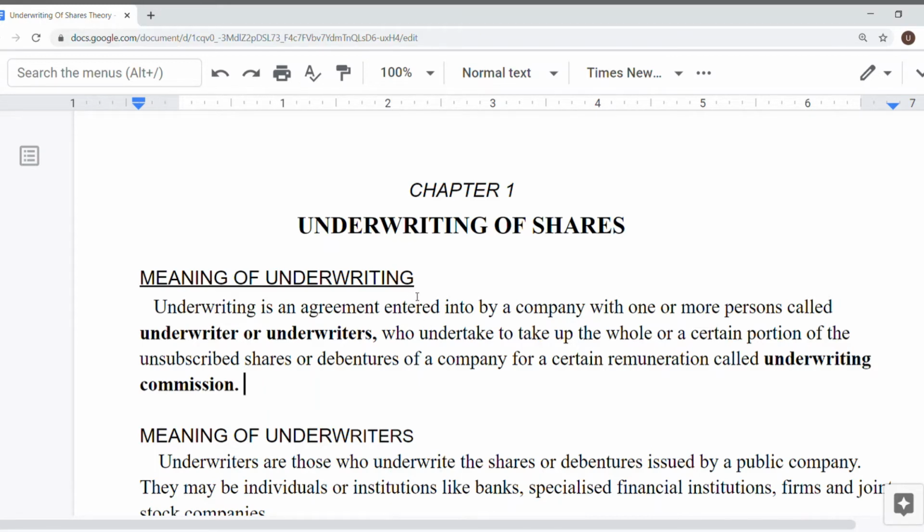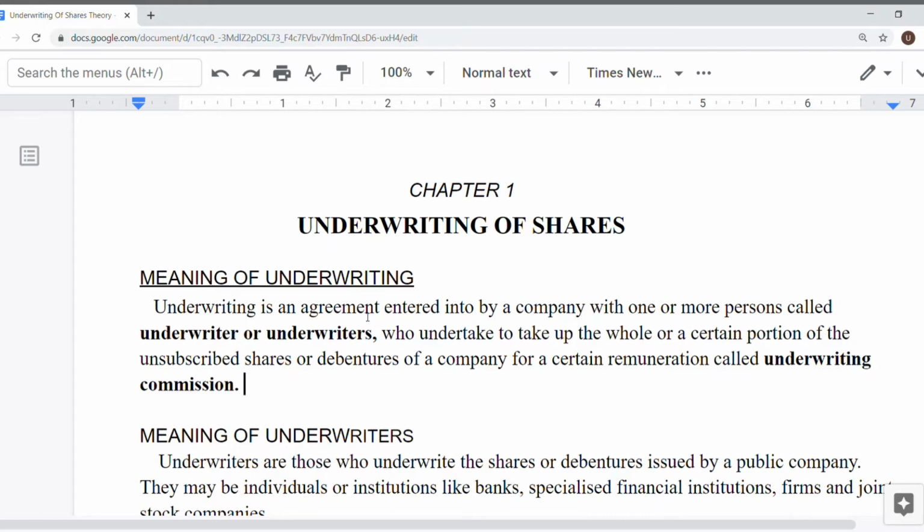So if the public is not going to subscribe this 90% of the shares or capital, the underwriters come into picture. These people will underwrite the shares or debentures